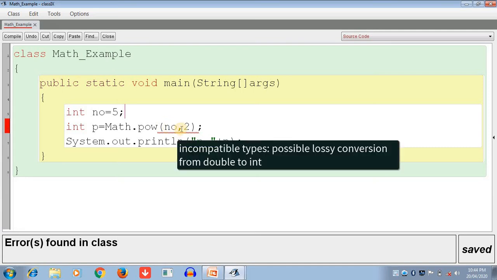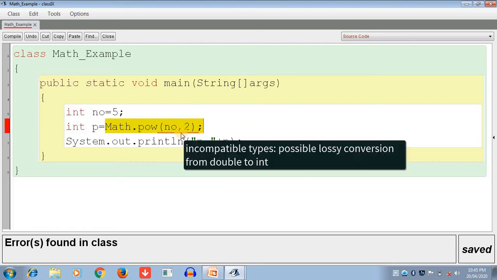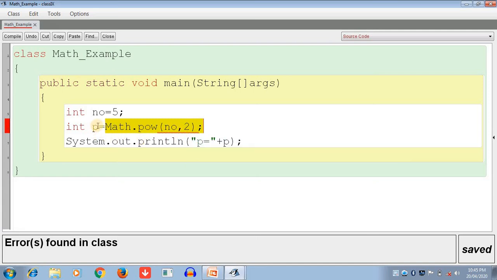In previous classes I have already introduced double. A double allocates 8 bytes of memory and an integer 4 bytes. The math power function returns a value of the double data type, so we cannot store a double value in an int variable.